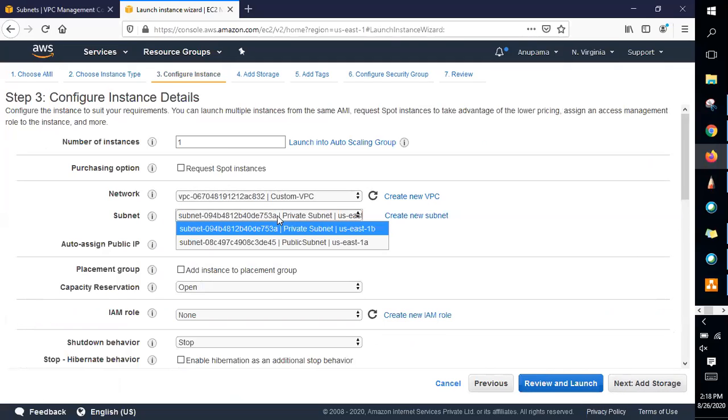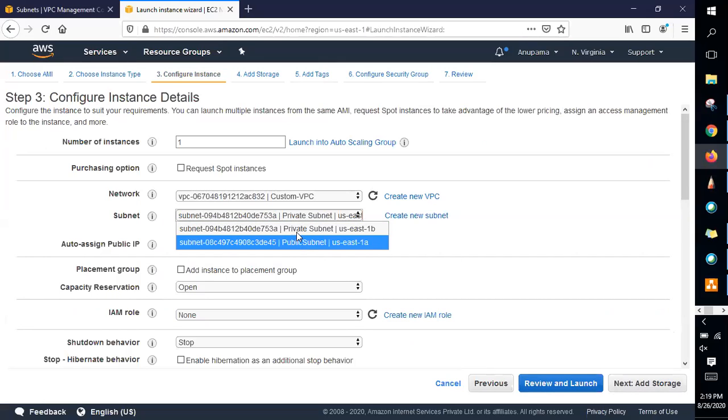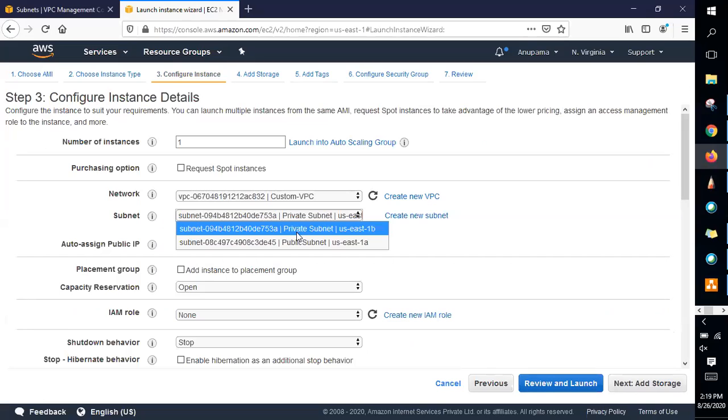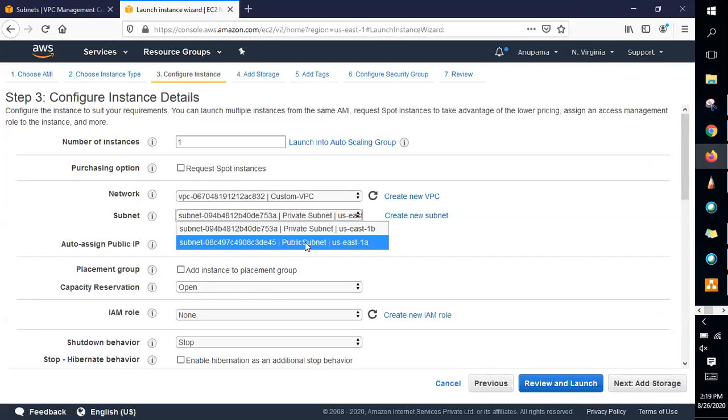And you see here, because I have created two subnets, I can see only two subnets, one in 1A and another one in 1B. Okay, so if I click on the public subnet, you see here, auto-assign public IP, I have enabled it. You see, it is using the subnet setting. Okay, so that means this EC2 instance, which I'm going to create, will have a public IP address by default.